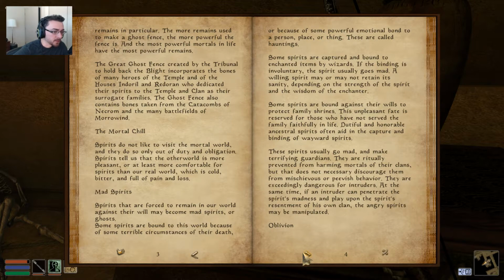Mad spirits. Spirits that are forced to remain in our world against their will may become mad spirits, or ghosts. Some spirits are bound to this world because of some terrible circumstances of their death, or because of some powerful emotional bond to a person, place, or thing. These are called hauntings. Some spirits are captured and bound to enchanted items by wizards. If the binding is involuntary, the spirit usually goes mad. A willing spirit may or may not retain its sanity, depending on the strength of the spirit and the wisdom